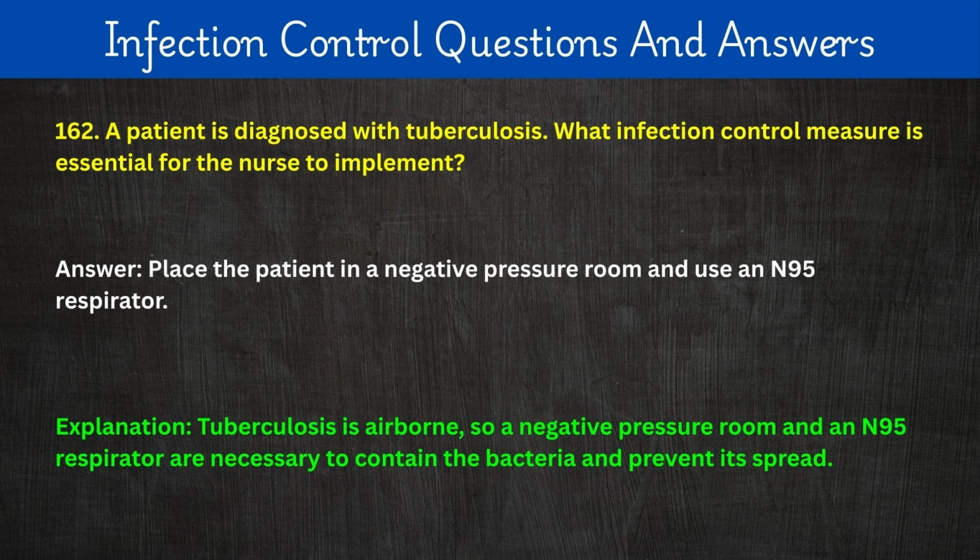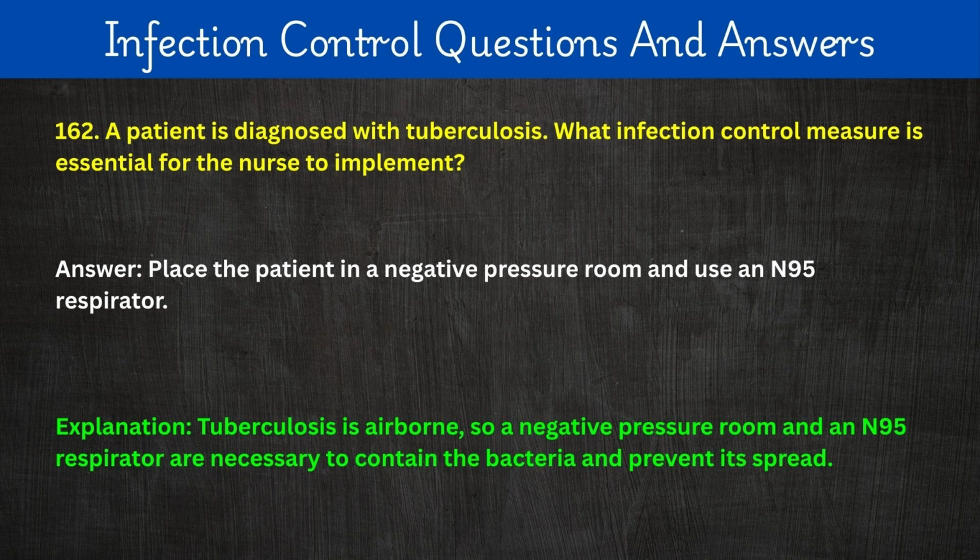162. A patient is diagnosed with tuberculosis. What infection control measure is essential for the nurse to implement? Answer: place the patient in a negative pressure room and use an N95 respirator. Explanation: tuberculosis is airborne, so a negative pressure room and an N95 respirator are necessary to contain the bacteria and